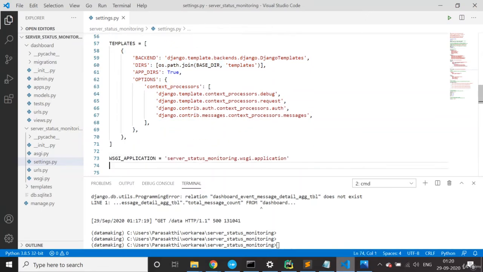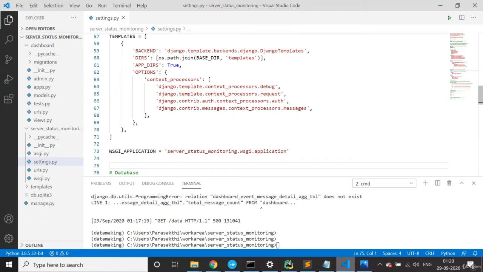Okay, so I'm going to use a template. Basically, Django is based on a design pattern; there's a design pattern called MVC, right? Model View Controller. Django is based upon Model View Template, MVT or MTV, whatever you call it.